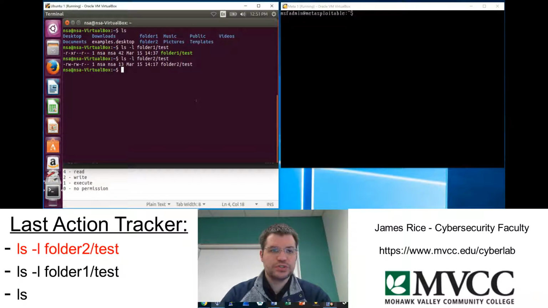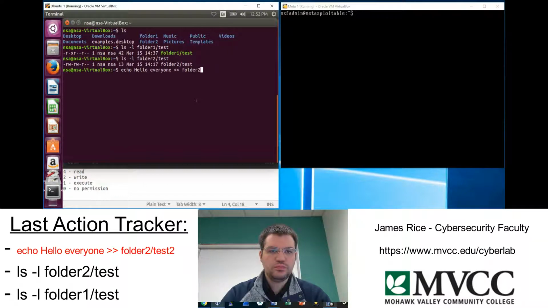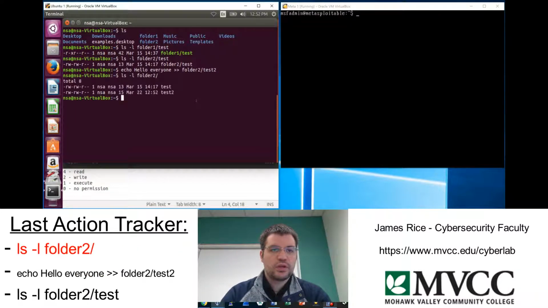So the way that we'll do this is, let's make another file inside folder 2 just to kind of mimic what if I had 10 files. And I'll do this through the echo command. So I'll echo some information, hello everyone, and I'll send this to folder 2/ and I'll make a file called test2, just so we have something else inside folder 2. Okay, so now when I do my ls -l of folder 2, you'll be able to see I have two different files in there, one called test and one called test2, just to give us a couple different examples to